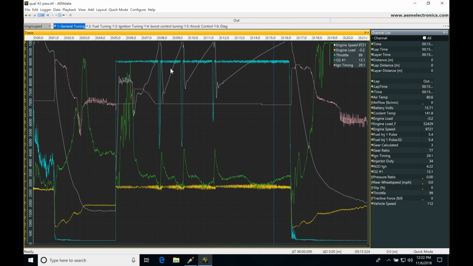So this is going to be a basic look of our pass. Now what we can notice here, if we look, the white of our engine RPM was actually getting eclipsed